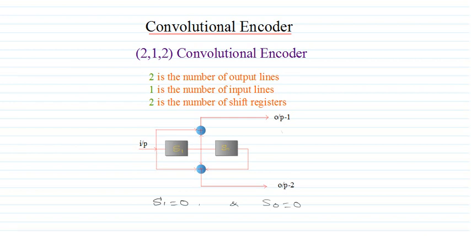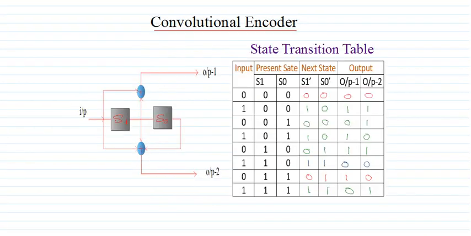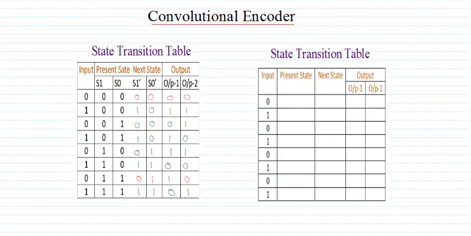Now moving ahead, we have the state transition table constructed in the previous lecture for the (2, 1, 2) convolutional encoder shown in the figure. With this state transition table, today we will try to construct the state diagram. For that, first we will make some modifications in the state transition table. So let us assume here